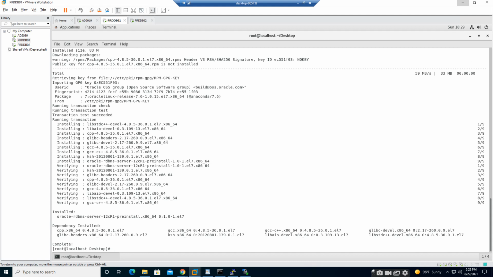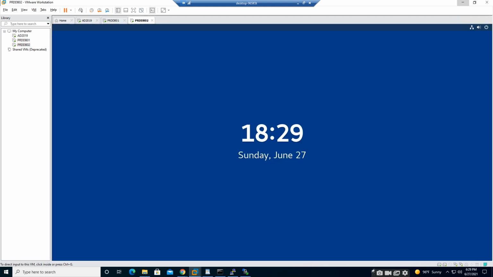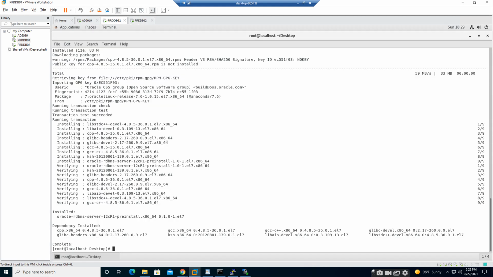Alright, so whatever the RPMs we required is available. So I will perform the same activity on node 2 as well. So let me disconnect the one point and disconnect the